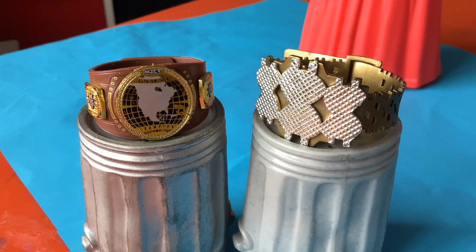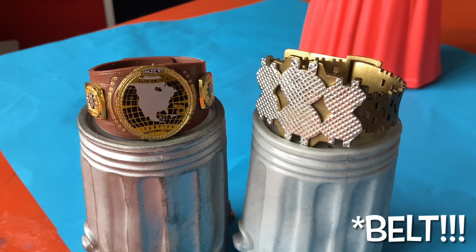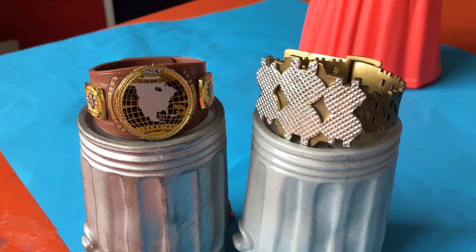And we are back, folks, after 8 heated heats. We now have our 8 contenders for the championship tournament to crown the very best action figure ever made. And we begin with quarterfinal number 1 and seed number 1 on the left of your screen, the NXT North American Championship by Mattel, and the number 8 seed on the right-hand side of your screen, it is Jakks' $1